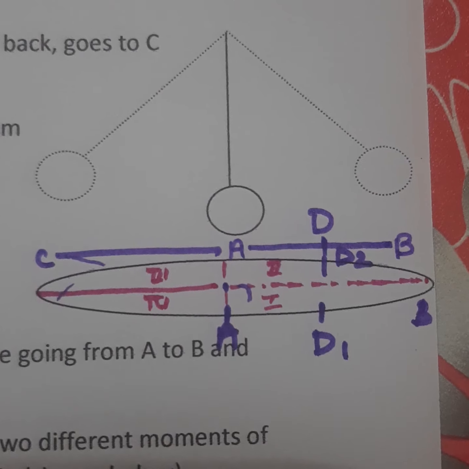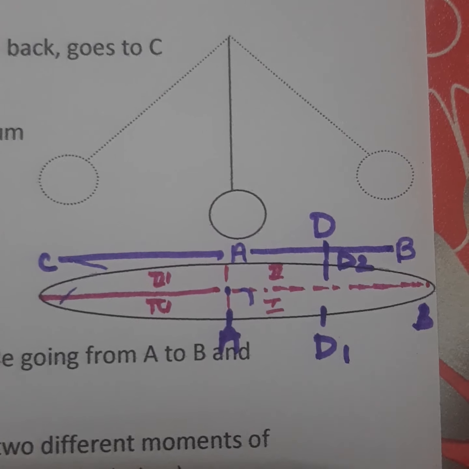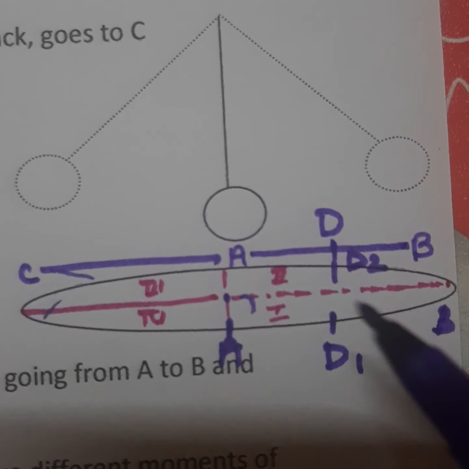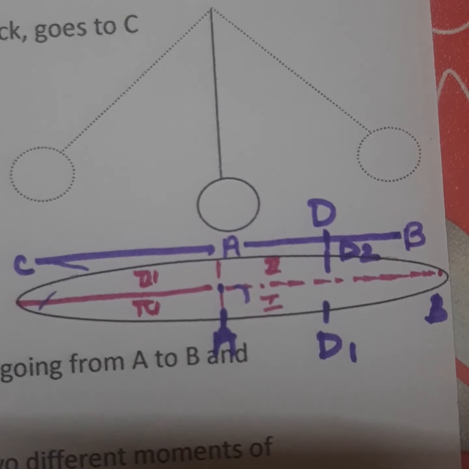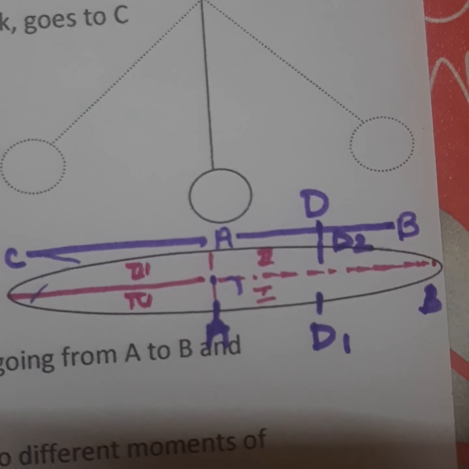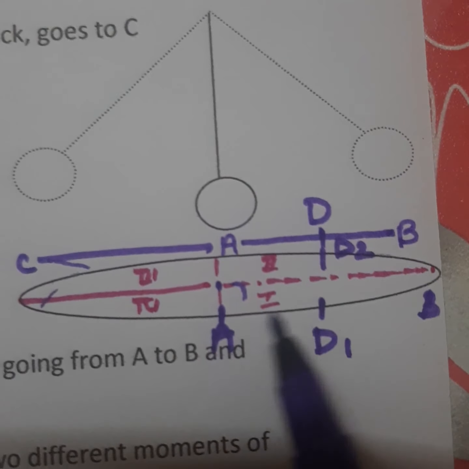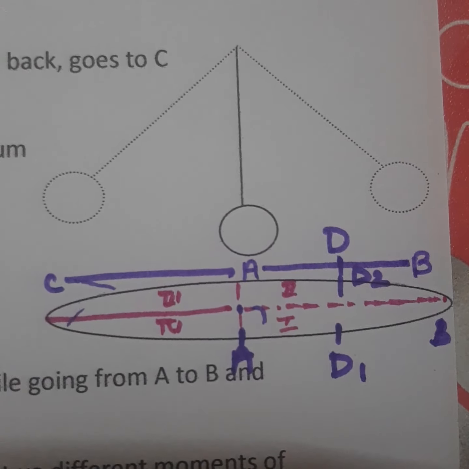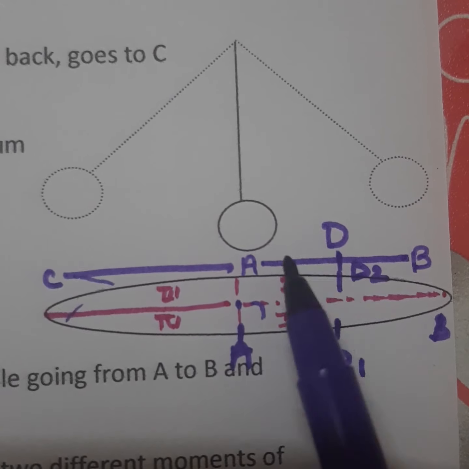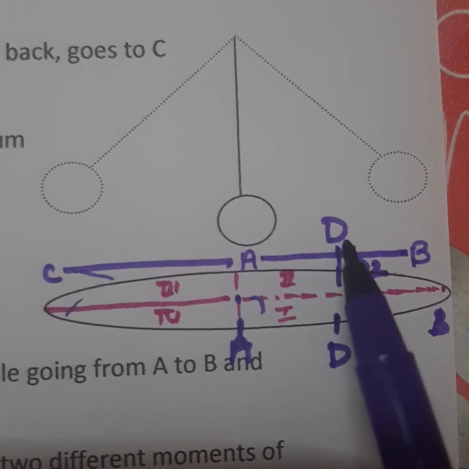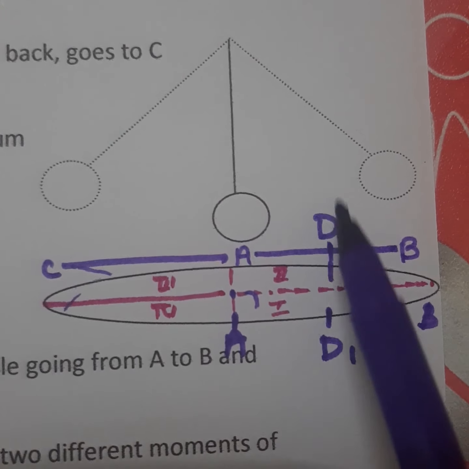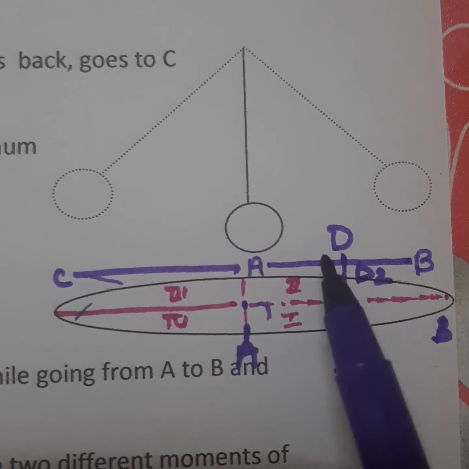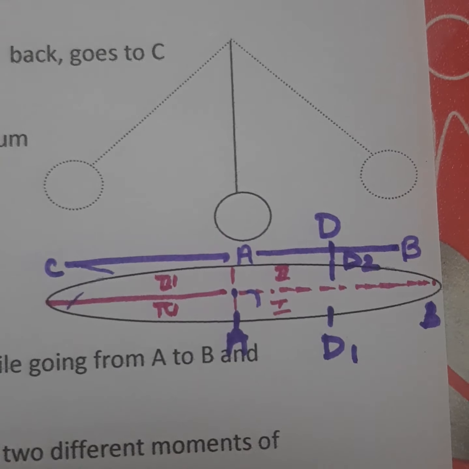Now the question is, why not an elliptical path? Why only a circle? That can be illustrated by looking at the top view of the circle. Before we make a top view, let's make a note here. The distance the pendulum goes from A to B or B to A should not hinder, meaning AD should remain the same. This is the position of the pendulum at a certain point. So maybe D falls while going from A to B or B to A. AD should not be affected.